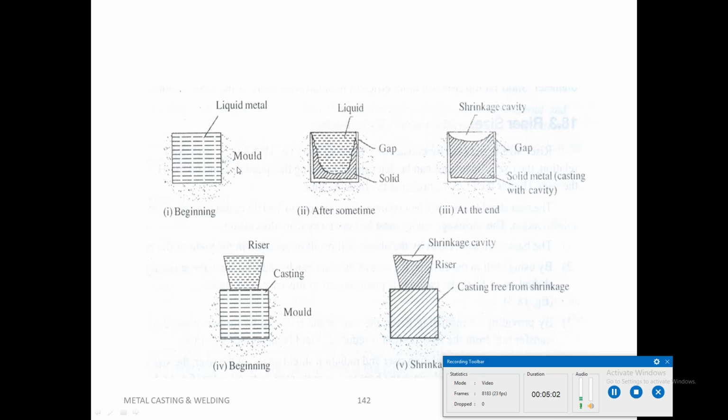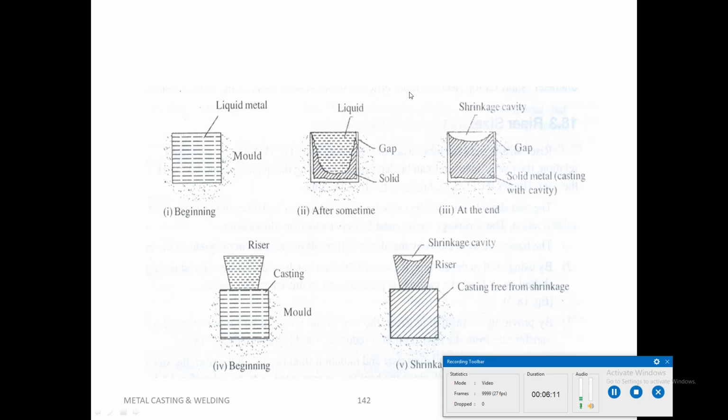So you can see here, the square box is a mold, and what is inside is the liquid metal. A riser or feeder head is a vertical passage generally made in the cope to store the liquid metal and supply the same to the casting as it solidifies. Now the molten metal flows into the casting through the gatings, it fills the cavity, and then it rises up through the riser. Once it reaches the top of the riser, stop the pouring of the molten metal. The metal in the cavity starts shrinking.